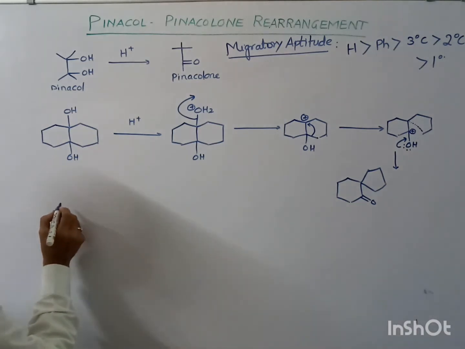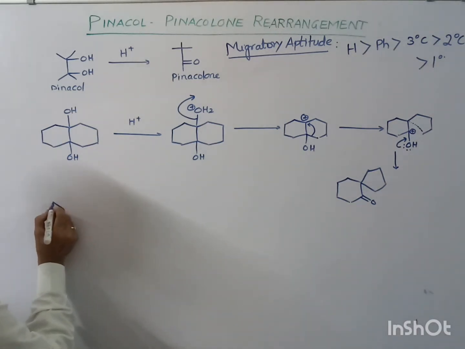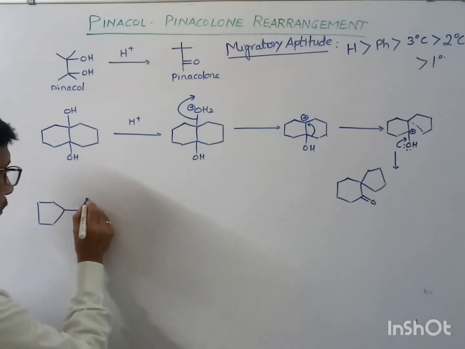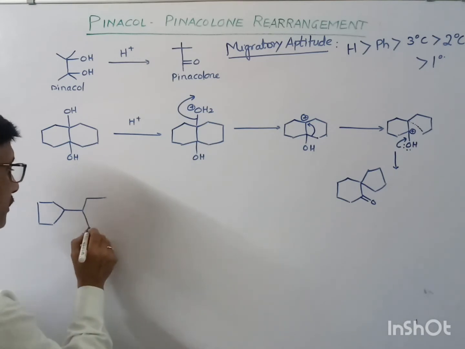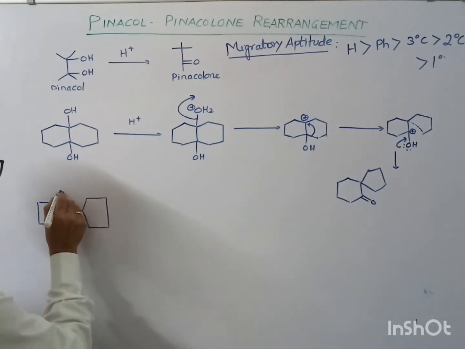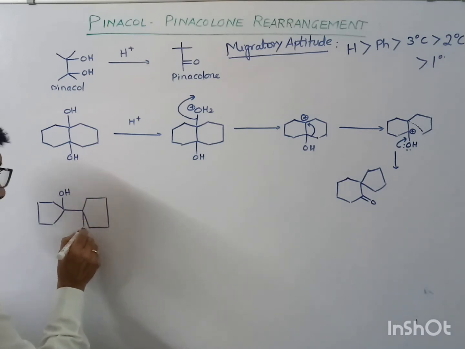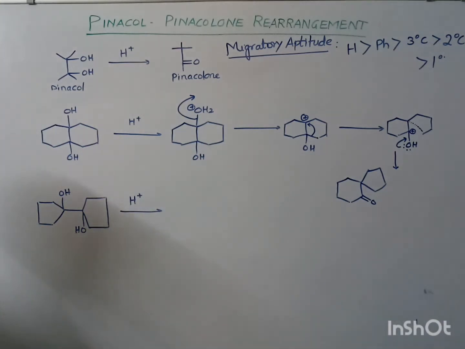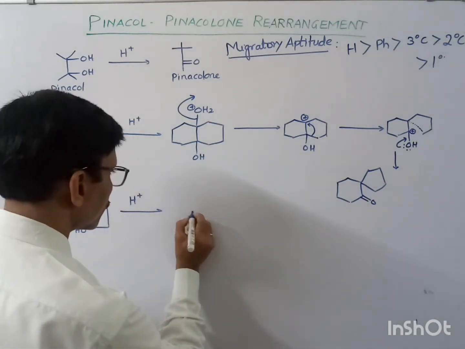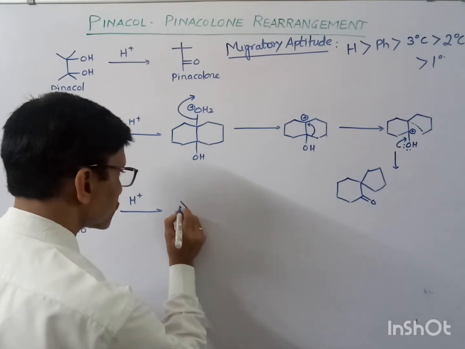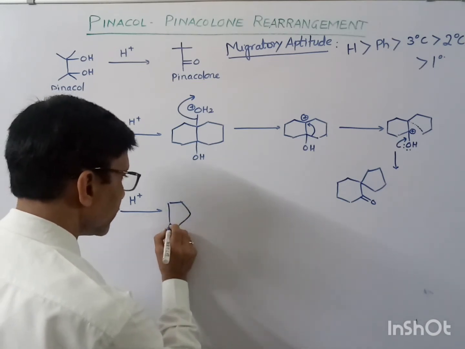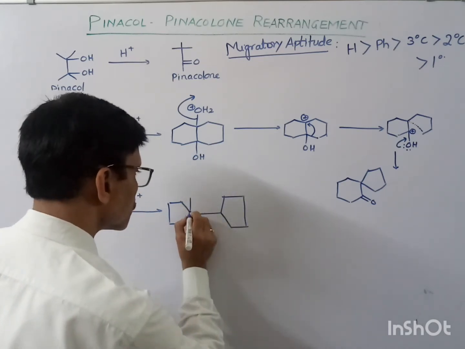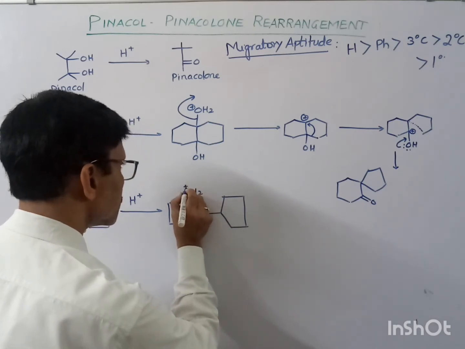Okay, in the same way, suppose if I have, so this is another diol system, and now what should be the product over here? How can we write the product? So any one of these oxygens may get protonated. Suppose this one gets protonated,